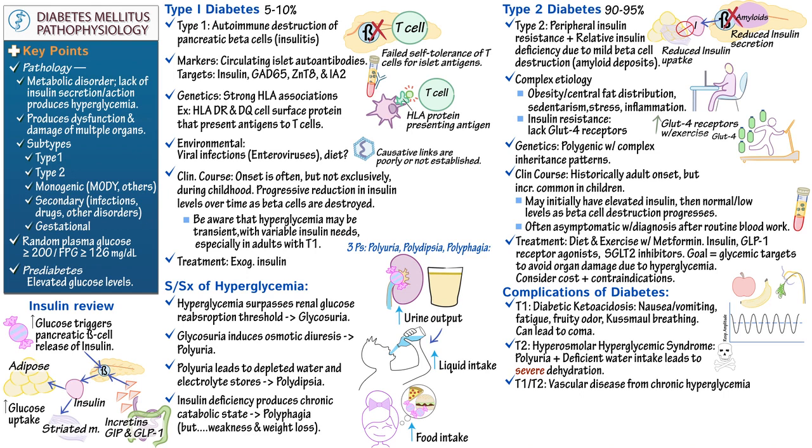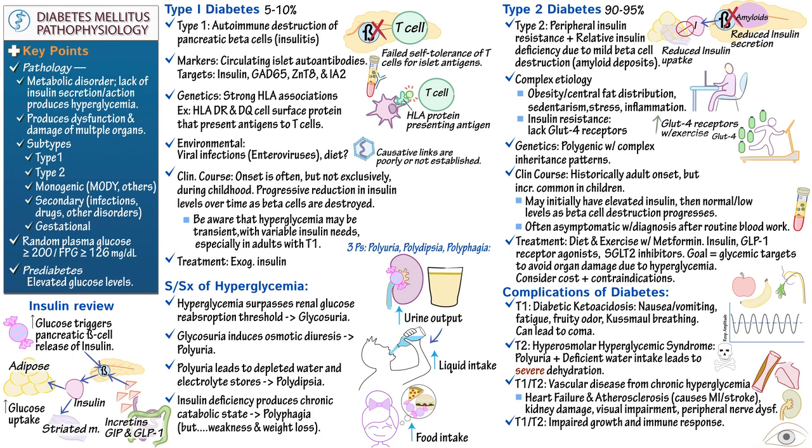Show that micro and macrovascular dysfunction can lead to heart failure and atherosclerosis, which can produce myocardial infarction or stroke, kidney damage, visual impairment, and peripheral nerve dysfunction. Furthermore, children are at risk for impaired growth, and all patients are more susceptible to infection due to immune suppression. Lastly, indicate that patients with diabetes are ironically susceptible to hypoglycemia due to missing a meal, excessive physical exertion, or